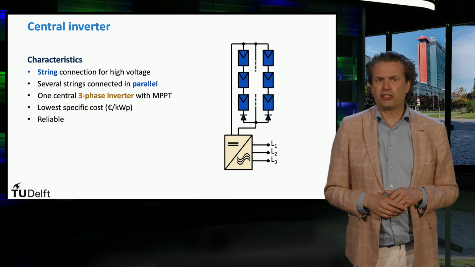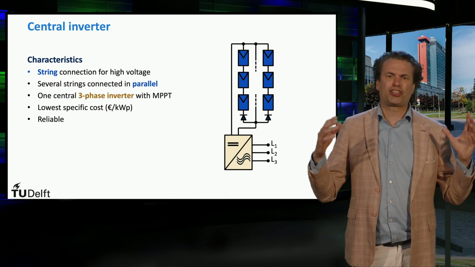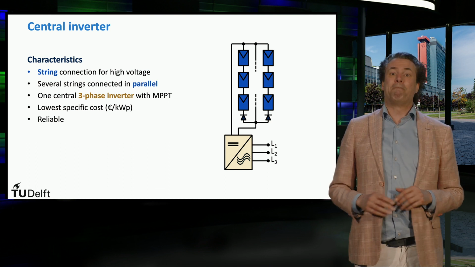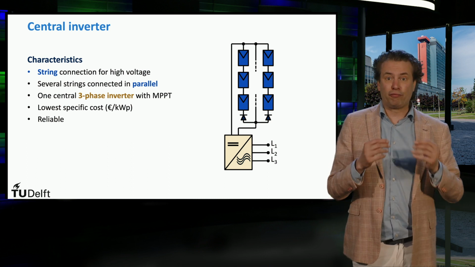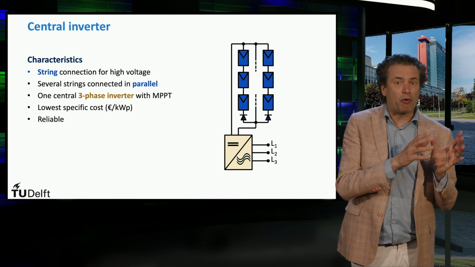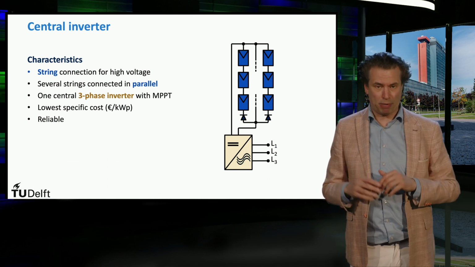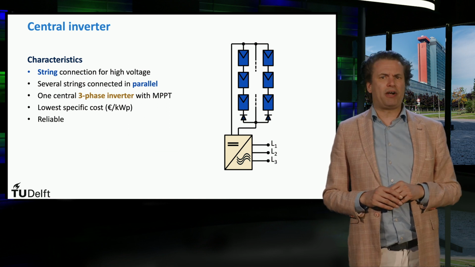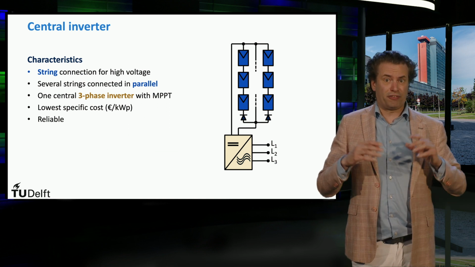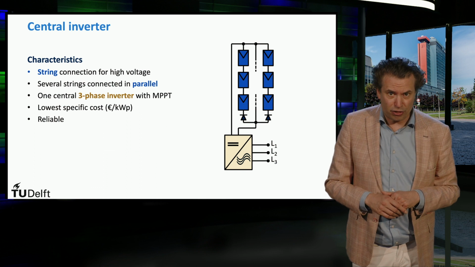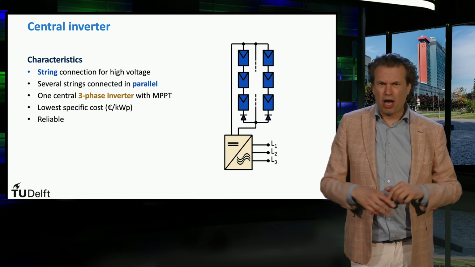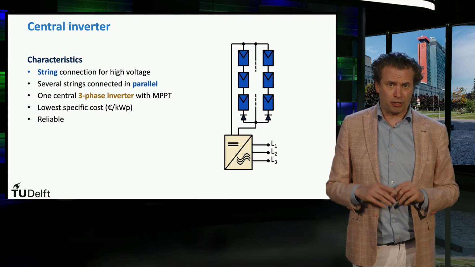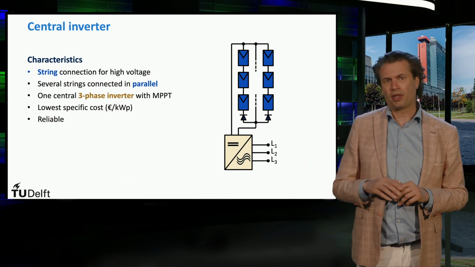This configuration is mostly employed in very large-scale PV power plants where the central inverter performs maximum power point tracking and converts the DC electric power into a three-phase AC power. When more than one string is connected in parallel and significant differences in the irradiance from string to string are expected, blocking diodes are required to prevent current circulation between the strings.